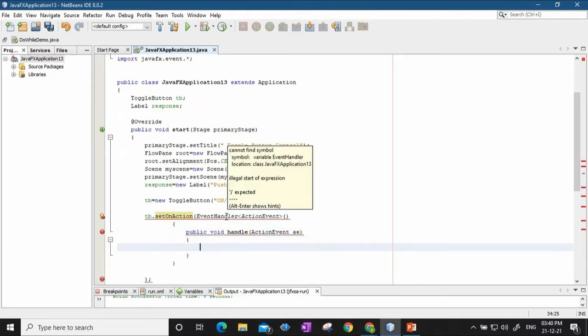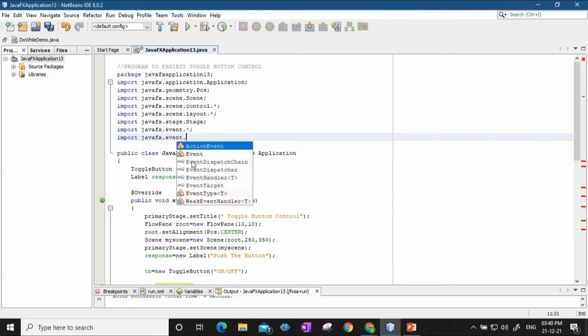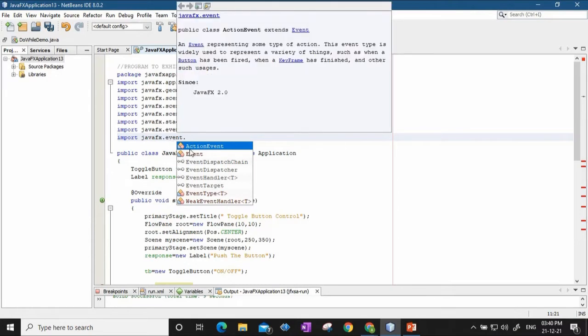Now before that, EventHandler and ActionEvent are actually present in the event packages. So I will be importing them. I'll say import javafx.event. The event package has all these classes.